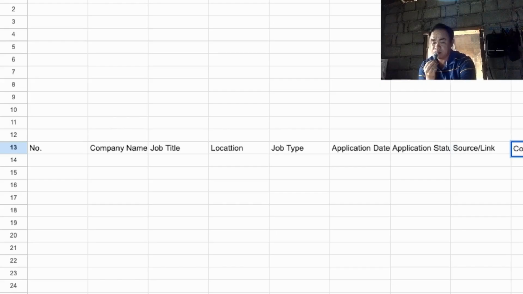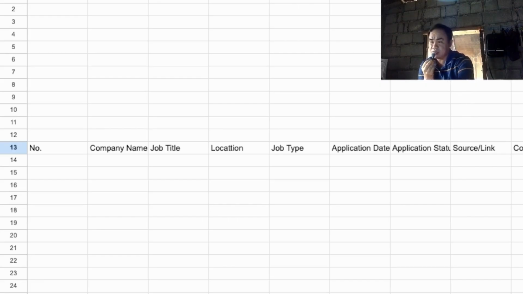This is just tracking who is the person you are contacting at that company, so it's maybe an HR or recruiter. And then the follow up date, the last follow up date you have made.